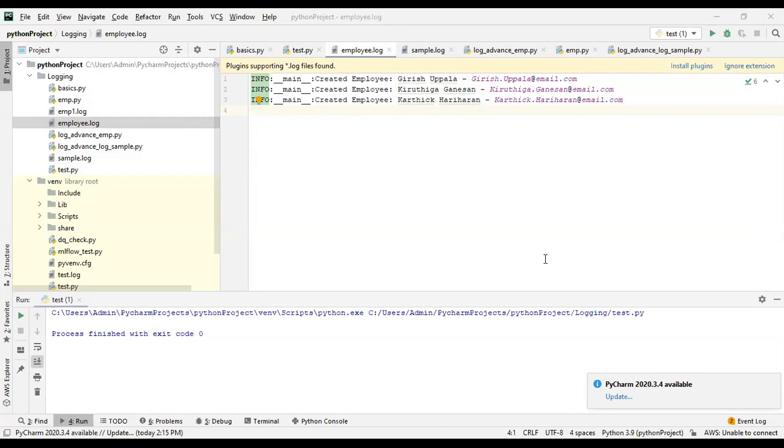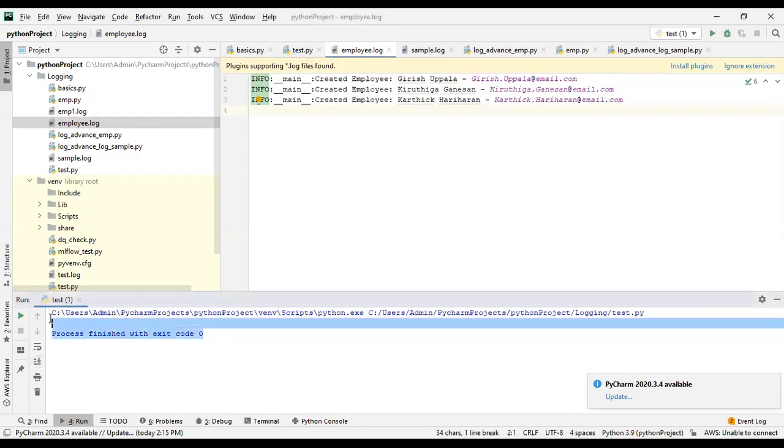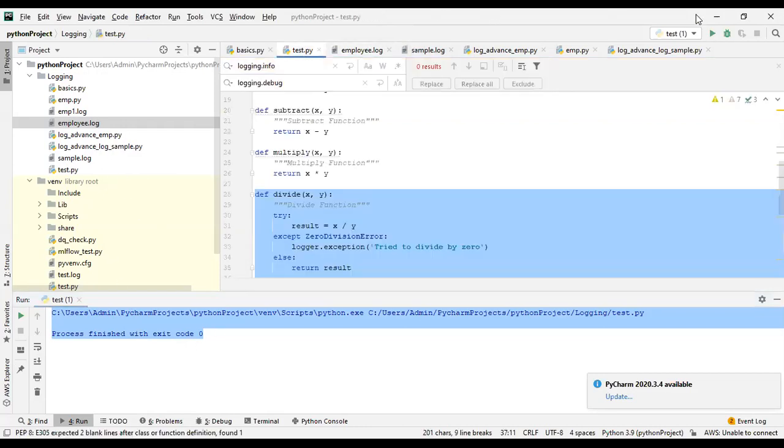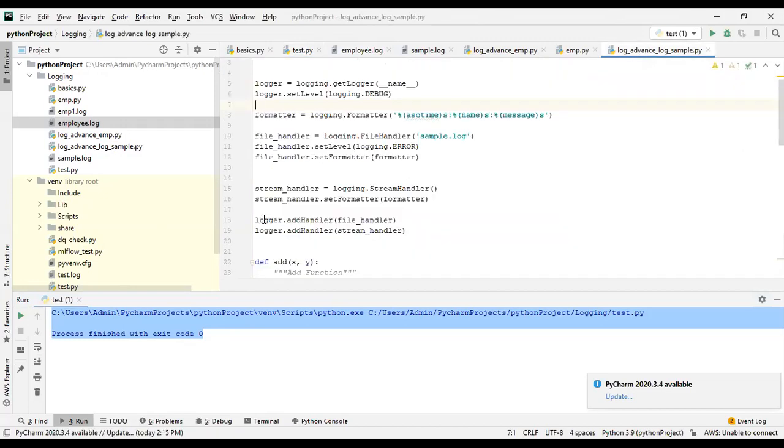No, Girish. Okay. So say the same information, if you want to print it in the console, as of now you are not getting any messages in the console, right? So if you want to get the same information in the console as well, what you can do is add one more handler here, that is a stream handler.